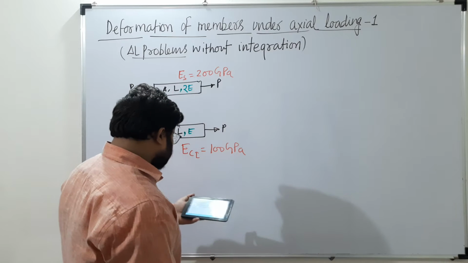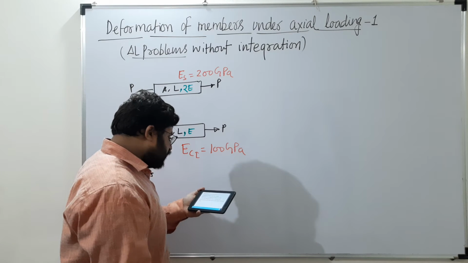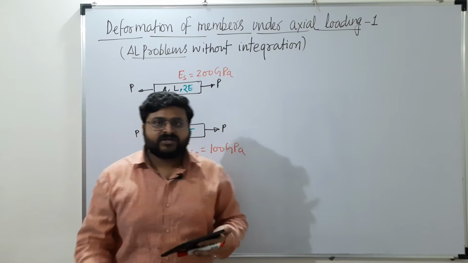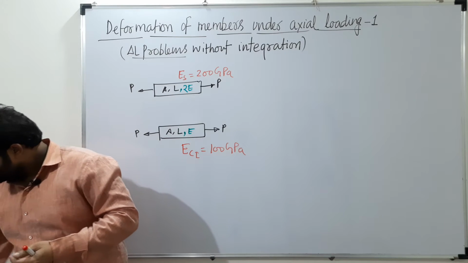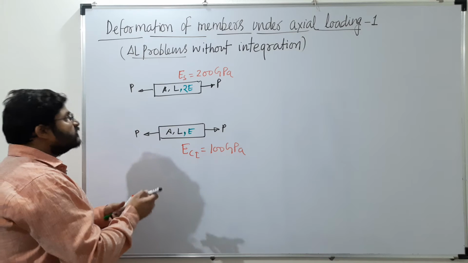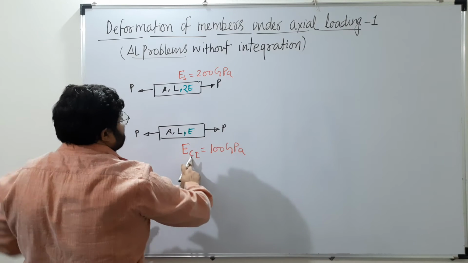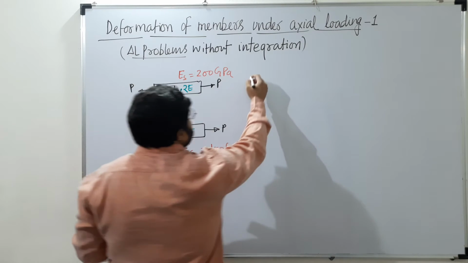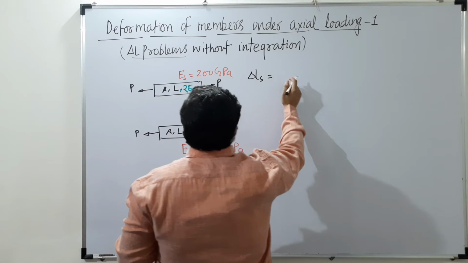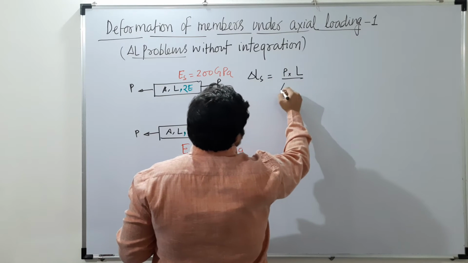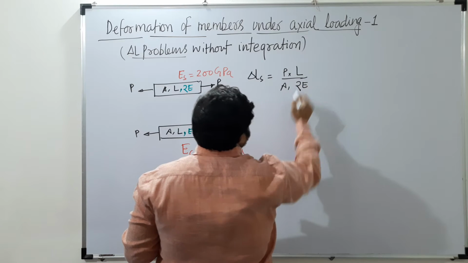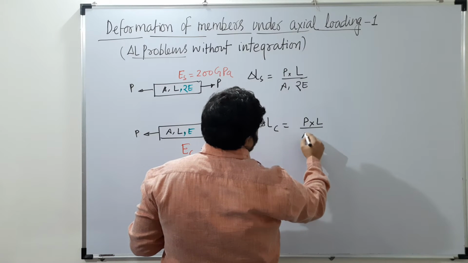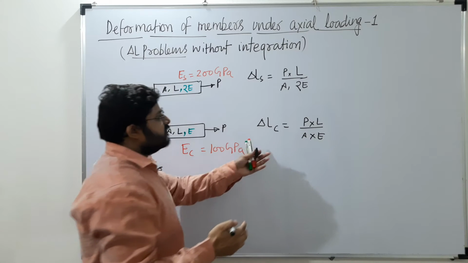So, for the first thing which they have seen, both rods elongate by the same amount. Mild steel rod elongates more than the cast iron. So, basically we are going to compare the elongation here, right? So suppose this steel and cast iron. Cast iron I will represent by symbol C, steel I will represent by symbol S. So delta L value for steel will be PL upon AE. Now E value is 2E. Delta L cast iron will be equal to PL upon area into E. This is the value, right?